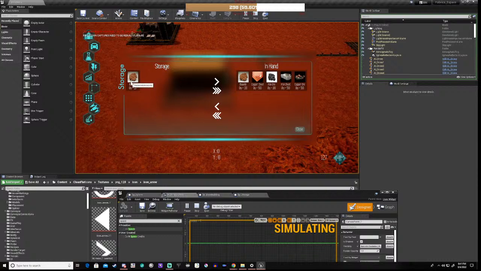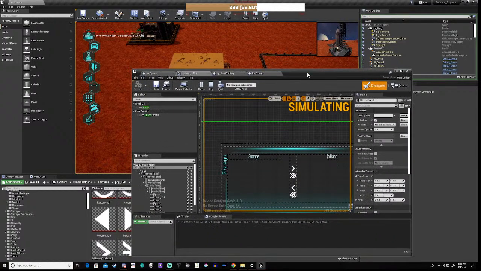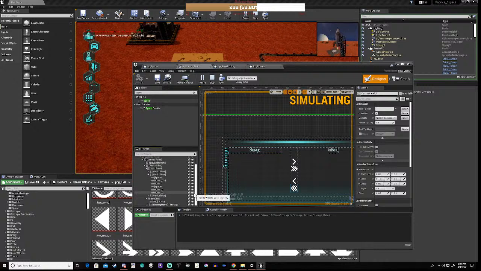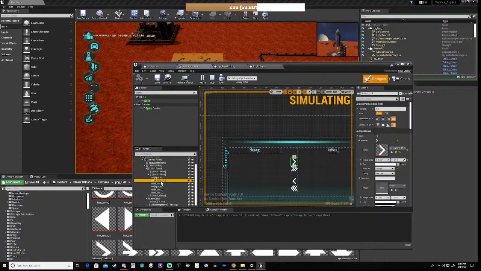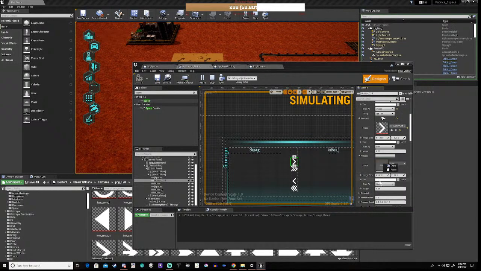Right, now you see that this is over to the left, so this is much better. So that's cool. Right. So for each of these buttons, we're going to copy that, then we're going to paste it, and we're going to paste it,